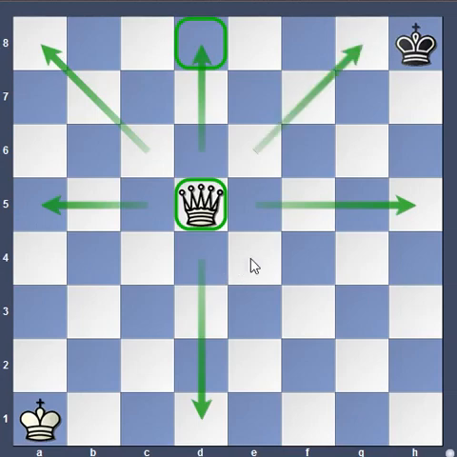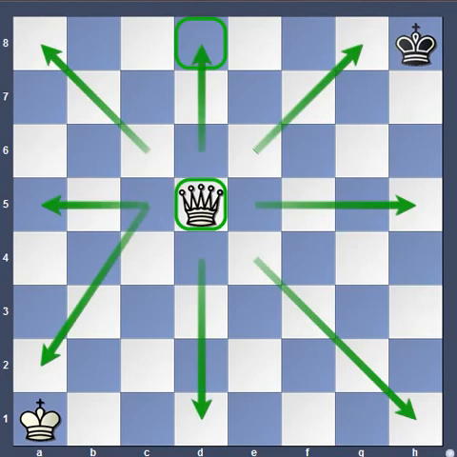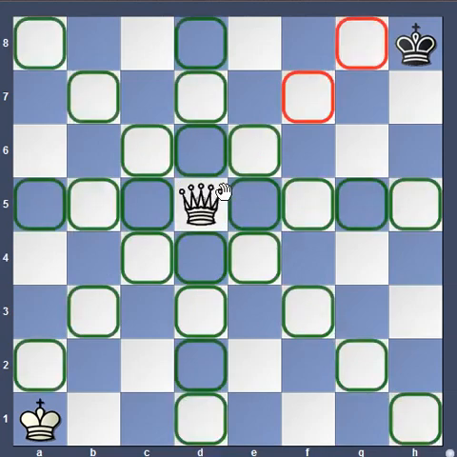So the queen goes in 3 different directions. Yes, you can go forward, backward in all the 3 directions. Here you can see why the queen is such an important piece, because it's covering 27 squares just by sitting in the middle. It can access any of these 27 squares. So the kings are important, but the power always lies with the queens.